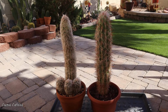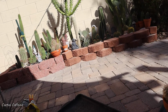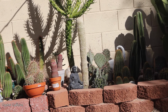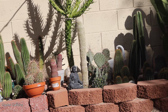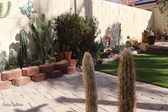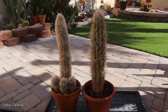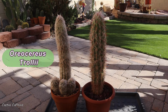Oh, I have an Espostoa actually here. I can show you guys. So over there in my garden, the white one there, the columnar white one in the middle of your screen, that is an Espostoa lanata, and it can also be called an old man cactus. But if we say old man of the Andes, it is these two cactus right here. So the one on the left is the old man of the Andes called Oreocereus trolli, and the one on the right is